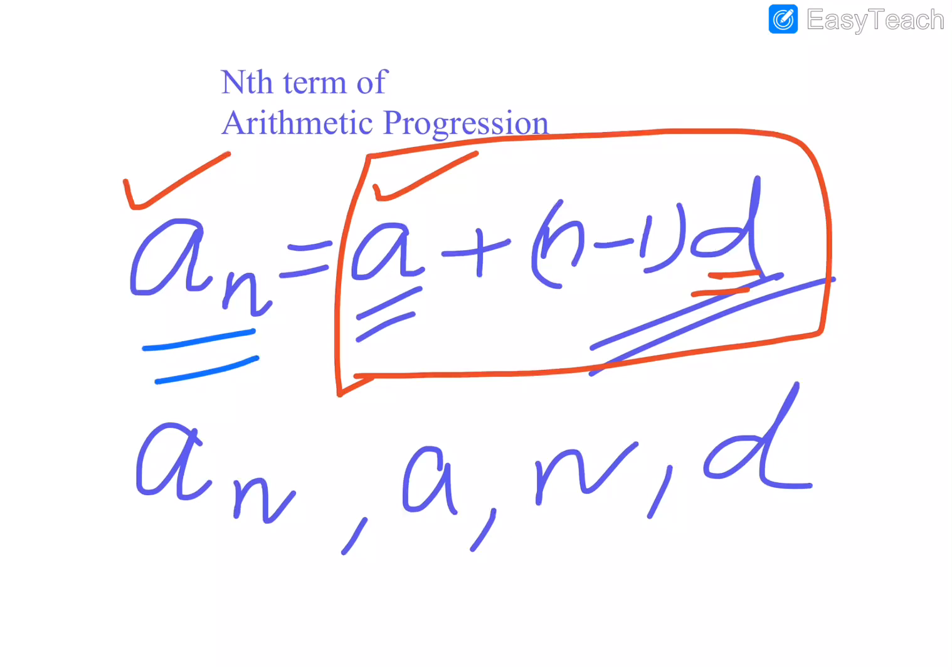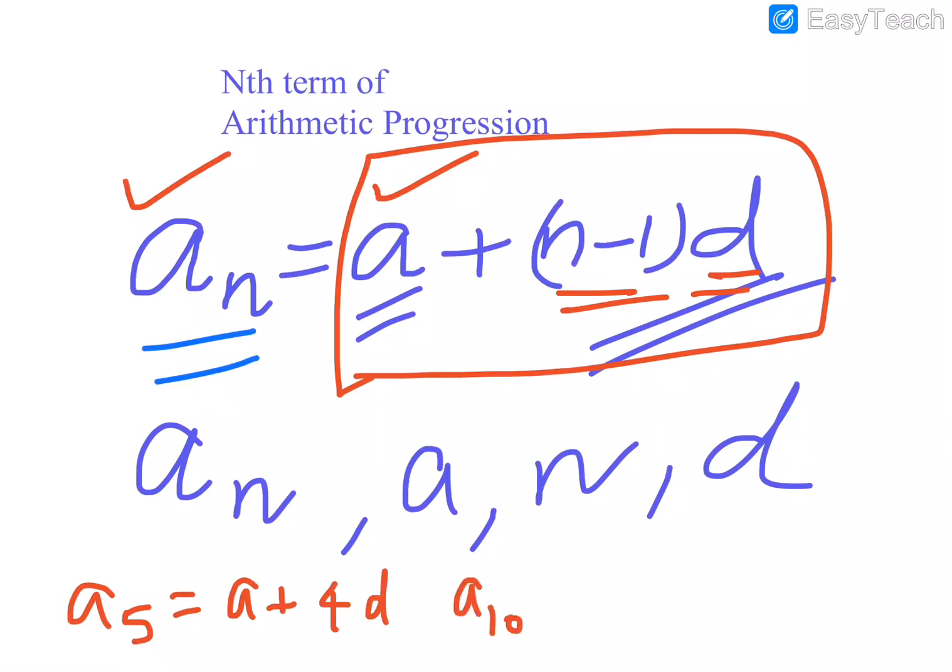And here the formula looks like this. If you know n for sure, like if you want the fifth term, we wrote directly a plus 1 less than 5, that is 4d. For the 10th term, 1 less than 10, that is a plus 9d. For a15, 1 less than 15, that is 14, a plus 14d. This way we used to find the value of the nth term of the given series. We have done this, the first Roman and the second Roman.